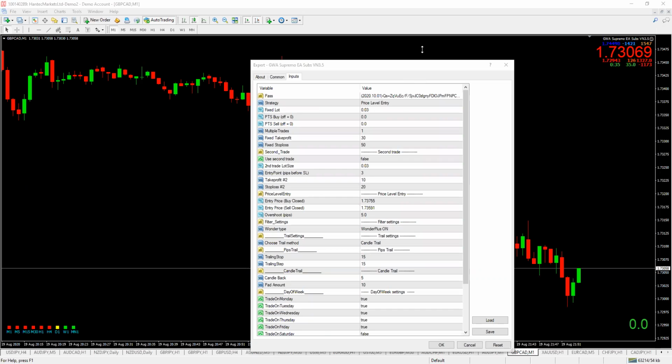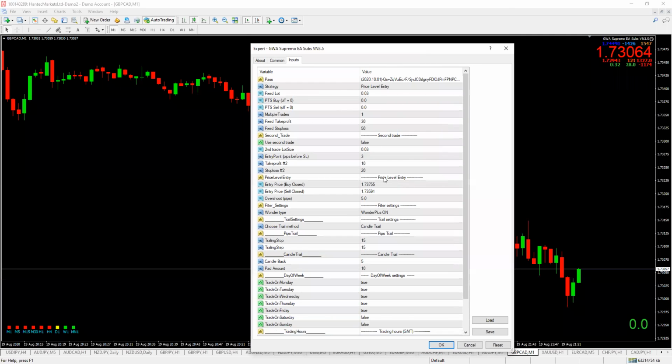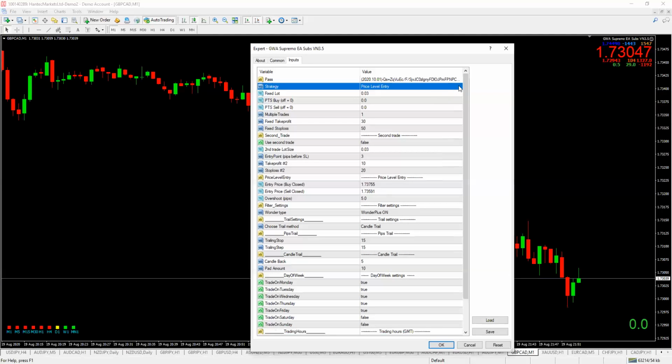This is basically where you would set up and have all the settings. Just follow my cursor. It says strategy, these are the variables. The column on the left is for the variables. The one on the right is for the values. So the strategy here, if you click on here, it gives you the options,